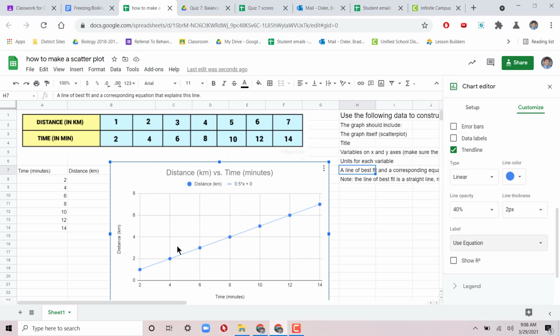So you might recognize this equation. It's y equals mx plus b, where x is the value that you're going to be plugging in, m is the slope, and b is the y-intercept. Which looks a little bit confusing here because this axis is messed up, so we're going to fix that in just a second. But yes, this equation is a little bit confusing because it doesn't say the y equals part, but just know that the y equals comes before this. y equals 0.5x plus 0. All right,